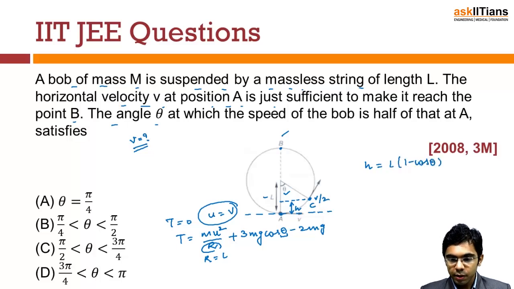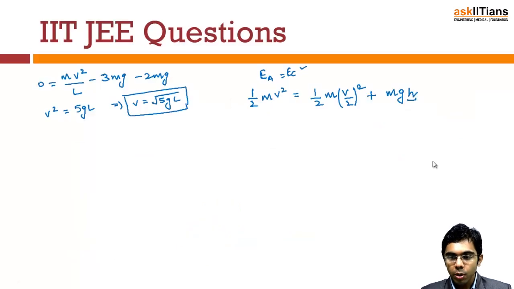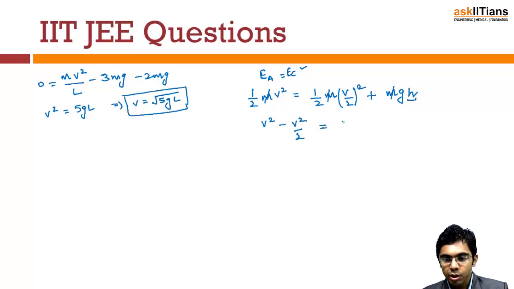So if we substitute it, m will cancel out from everywhere, and we get v square minus v square divided by 2 is equal to 2gh. Let's substitute the value of h, so this will be 2g